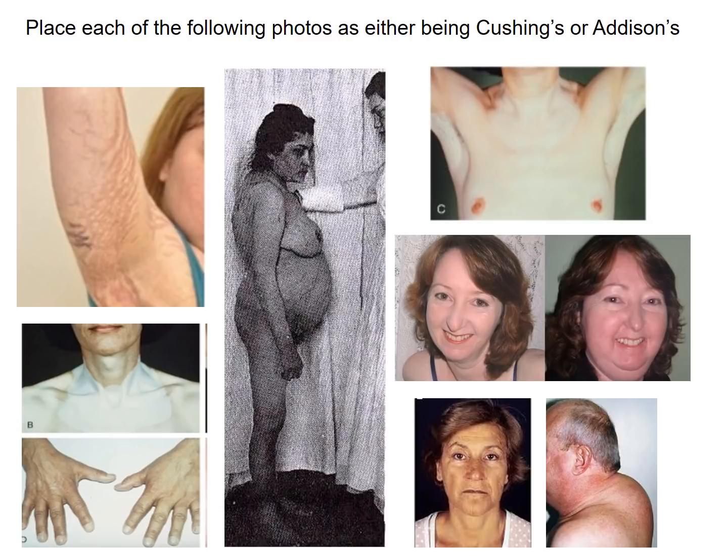And then you can look at pictures again and say, okay, does this look more characteristic of Cushing's, or does this look more characteristic of Addison's? So let's see if you can do that with these pictures. Take a look at the young lady on the right, right in the middle, kind of like a before and after picture, right? You see the big difference? What do you think that is? Do you think that's Addison's or Cushing's?